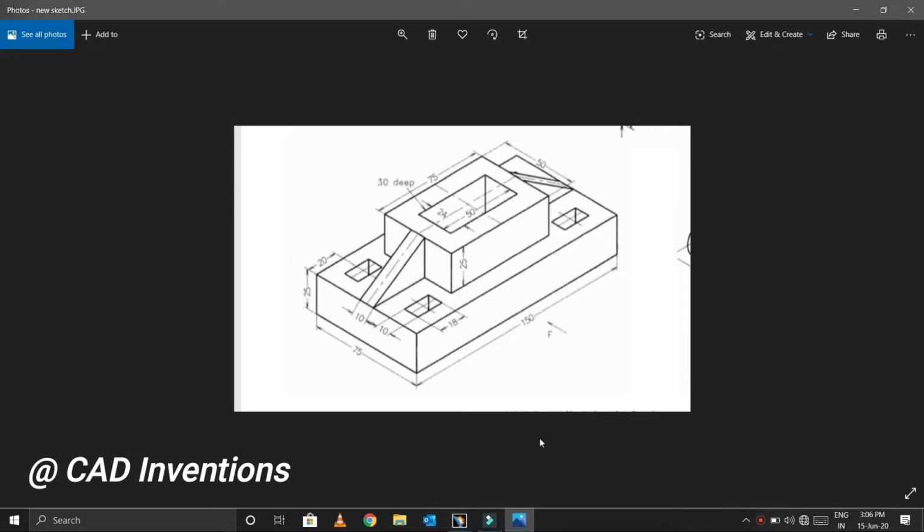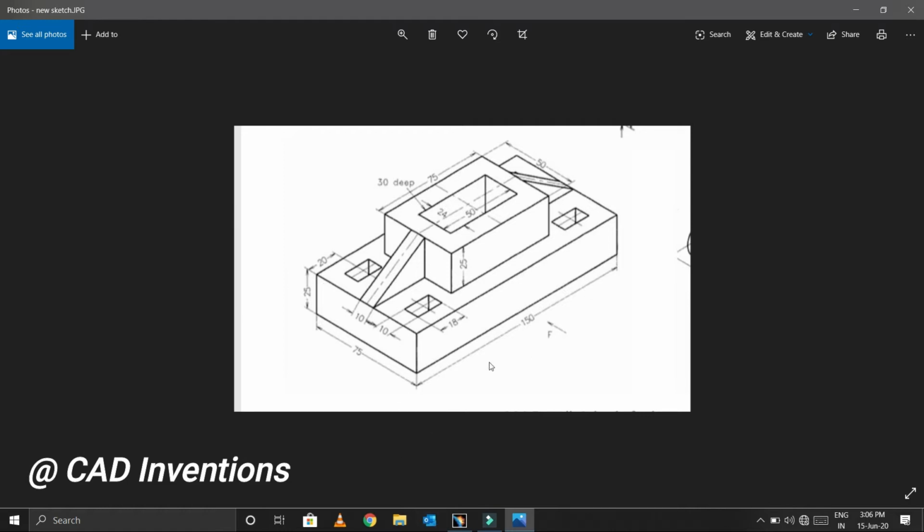Now we can analyze the diagram. For every 3D model, they will mention one arrow, that is where we want to see the diagram, like front view or side view or top view, anything. Here he mentioned front view, so we need to see this 3D model from this side. Now this is my front side. Now I am able to see this is 150 mm long, with a pad length of 75, and a height, nothing but width, of 25.